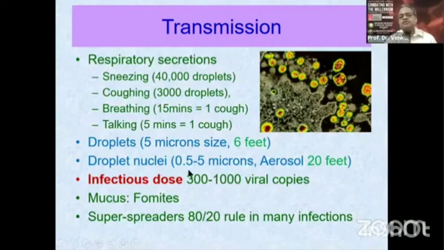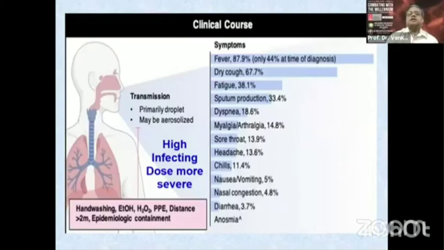However, droplet nuclei, which are the aerosols, are much smaller in size, and therefore they don't cause that much infection. And you can see here how many droplets can be produced in sneezing, coughing, etc. And as was highlighted, breathing and talking also produce aerosol. Fomites are less important for transmission, but even if it's a 1 in a million chance, when you are dealing with millions of human beings in the community, a few cases of fomite transmission are significant and maintain transmission. So we have to maintain our hand hygiene at all times. Super spreaders have already been discussed earlier.